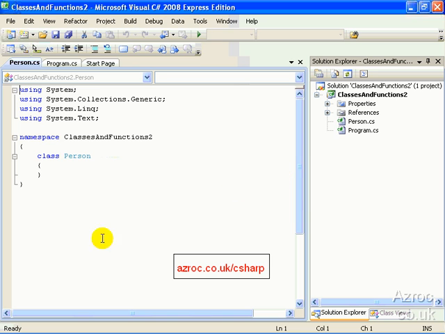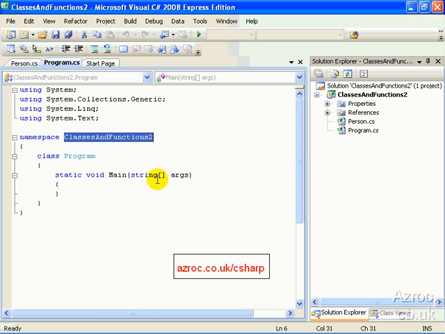And hit enter, and here we have a class person within the same namespace as our console application main function, so it's accessible. Anything within this namespace, for example the class person, is accessible within our static void main function, the entry point of the application, because they're both in the same namespace, and providing that